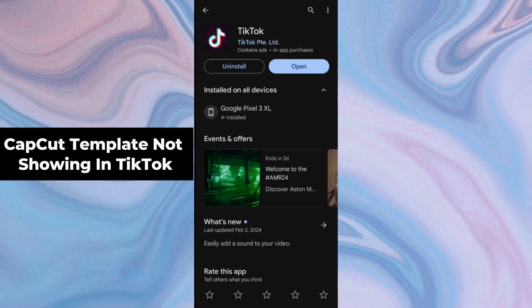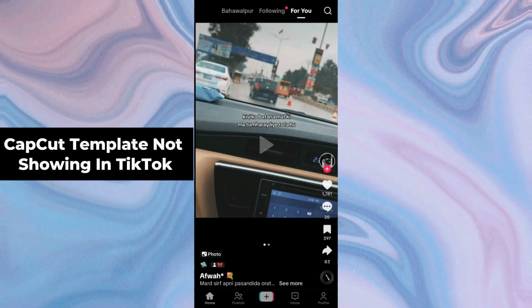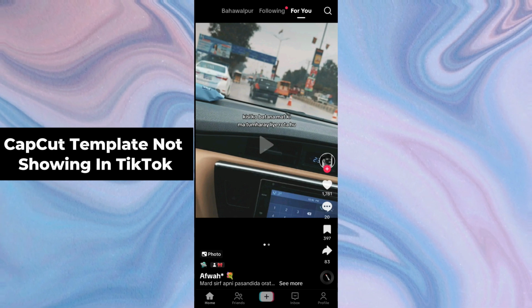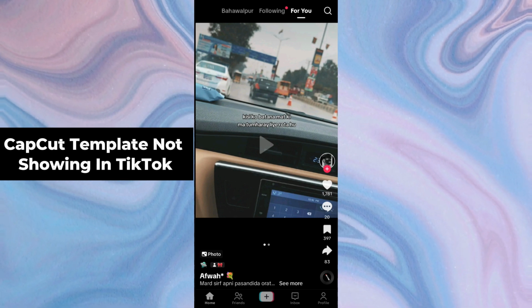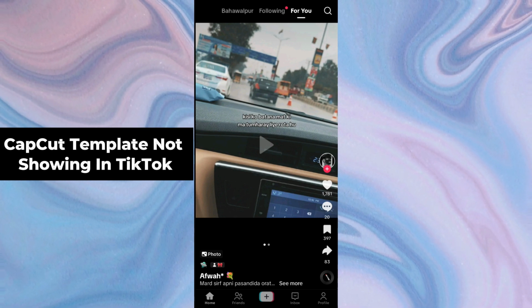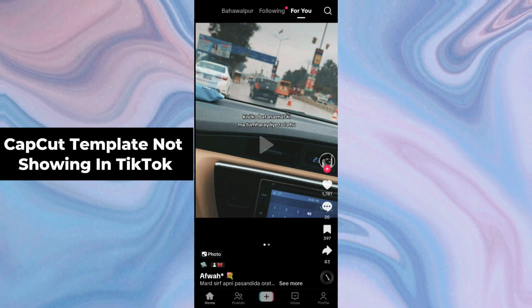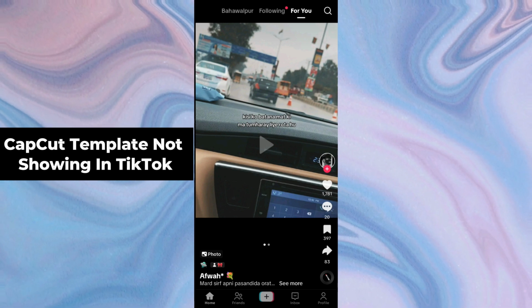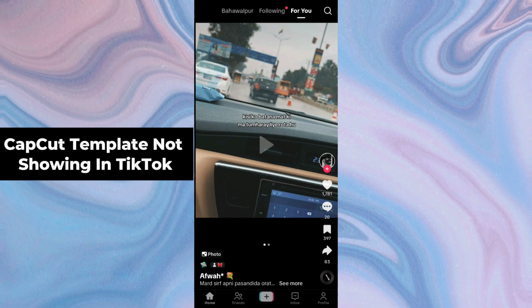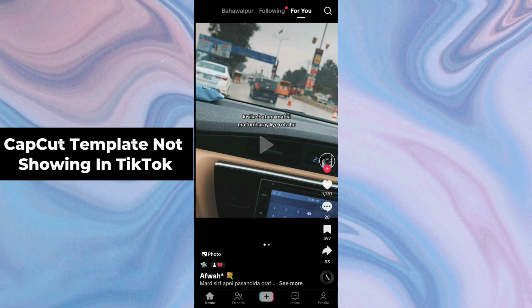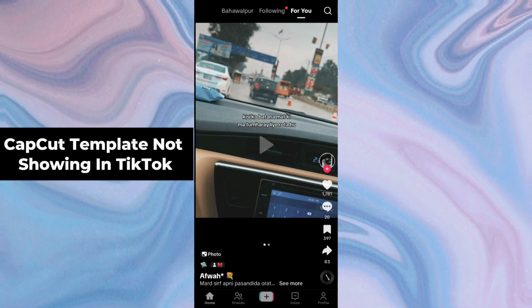You have to simply go to TikTok. After opening up the TikTok application, now you have to check whether the video is really a CapCut template or not, because lots of times it's not necessary that everyone is using a CapCut template. So in order to check whether the video really has a template or not, you have to simply